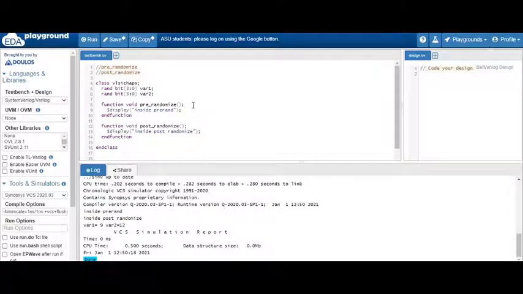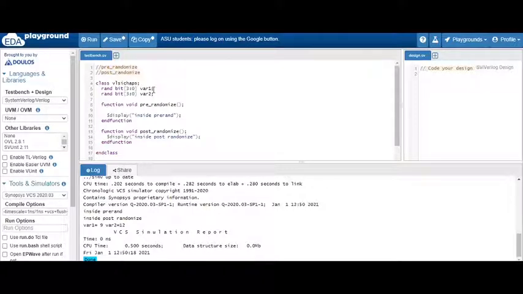So let's see what we can do with pre_randomize. Suppose you want to control the value of the variables. This variable is variable 1, and we have turned on the randomization for it by writing the keyword rand. Suppose you want to turn it off. How you can do it is by using the variable name, variable 1, dot rand_mode.